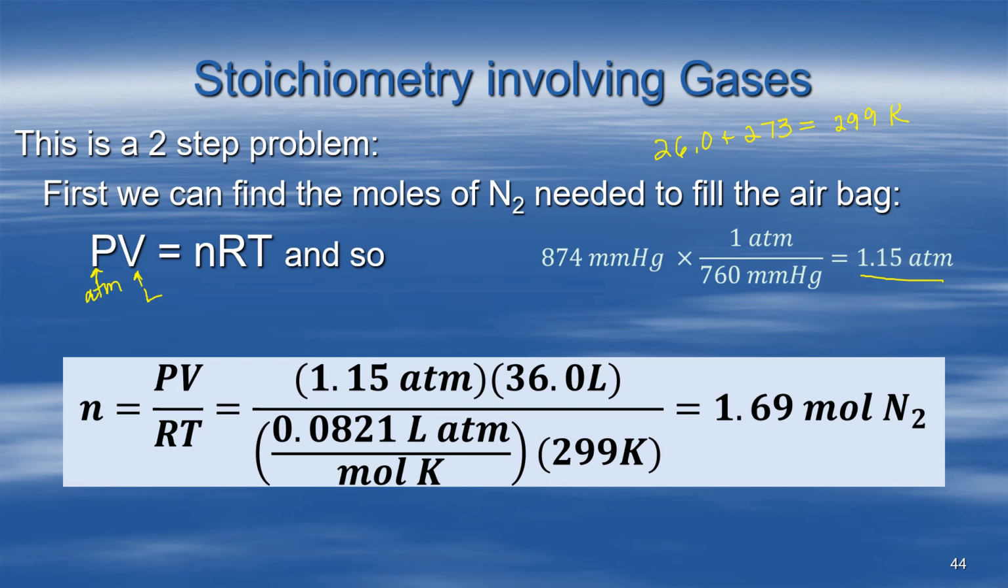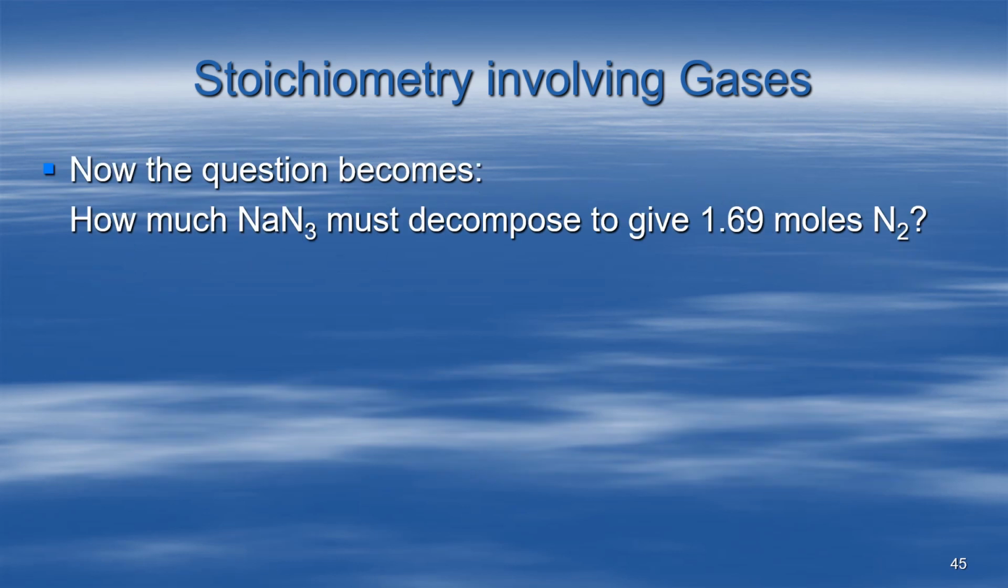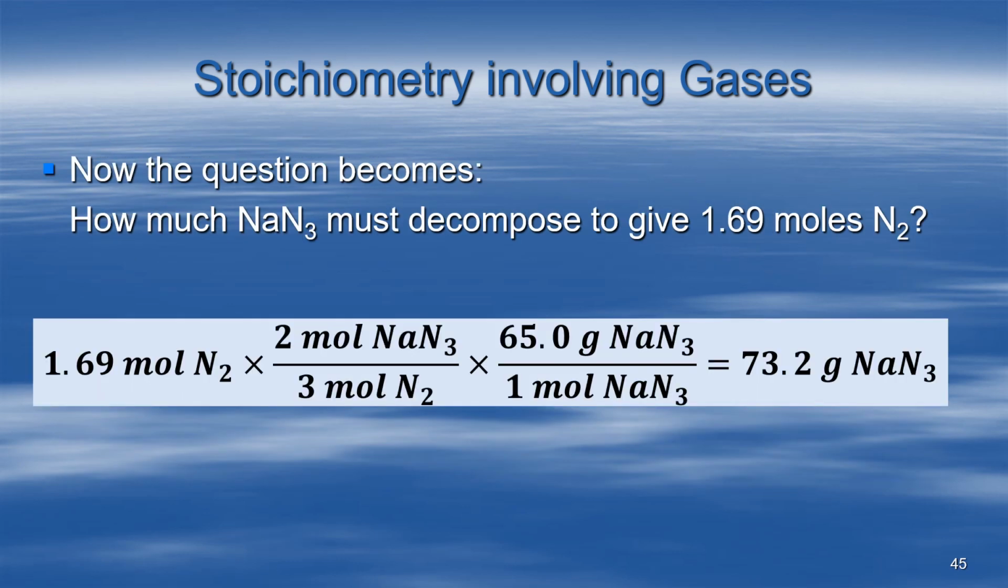So we rearrange and solve for moles of nitrogen. Pressure, 1.15 atmospheres. Volume, 36 liters. R, 0.0821. T, 299. So the first thing we found here, in order to fill up the airbag, we need 1.69 moles of nitrogen. And that's very helpful information, but it's still not what we're looking for. So now we can use our mole-to-mole ratio, 1.69 moles of nitrogen. We know we need 2 moles of NaN3 for every 3 moles of nitrogen. So that would be